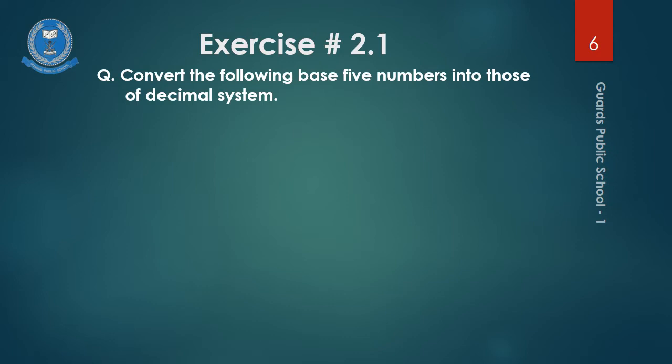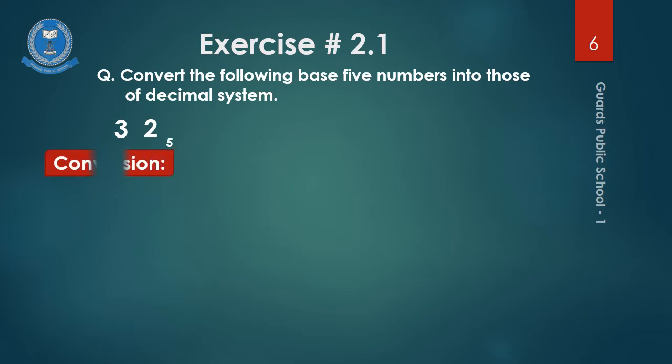in which we have been given 3, 2 with base 5 and we have to convert this base 5 number into a decimal number. So in order to convert this base 5 number to a decimal number, we will multiply each digit with the powers of 5 and then we will add them. Why do we multiply with the powers of 5? Because it has a base 5. So in order to convert this base 5 to decimal, we will multiply each digit with base 5.